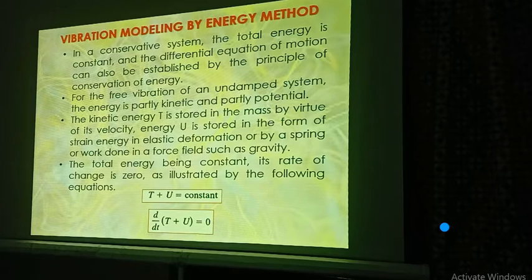Now what kind of energies can a system be associated with? For example, the simplest example is a mass spring system. So we have a mass and a spring element. What is the possible kind of energy that can be from mass? Mass can store kinetic energy, as people know. And what kind of energy can we assume that a spring will store? It will be potential energy.